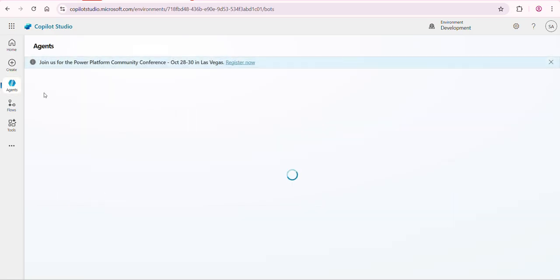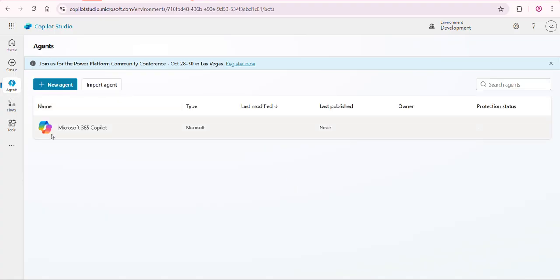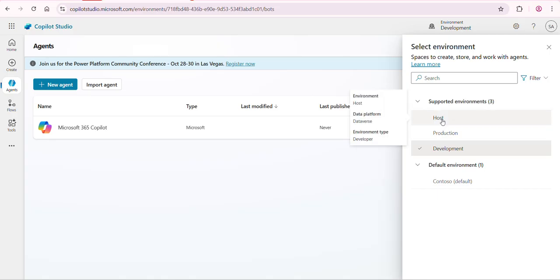So in the agents tab, you can see I do have new agents, and there will be the names of agents which are available within this environment. And I can also import an agent. So if I have created an agent in the host environment, I can take an export of that agent and then import that agent over here,